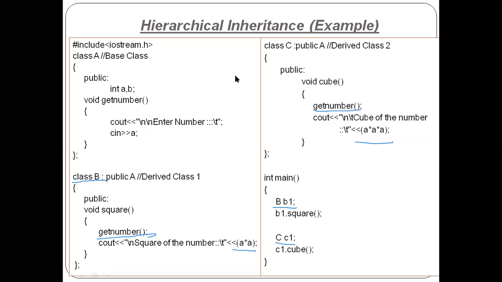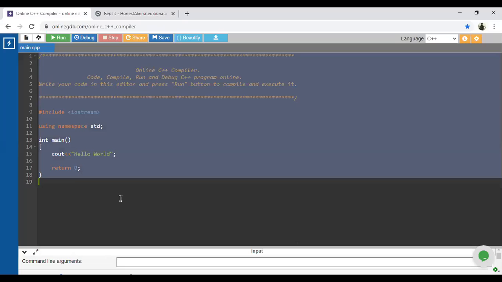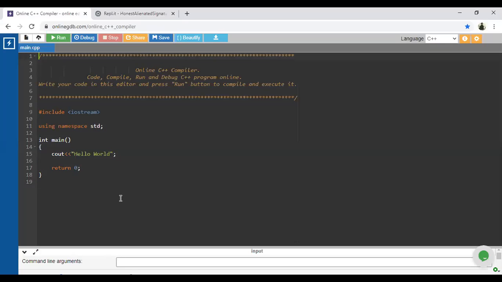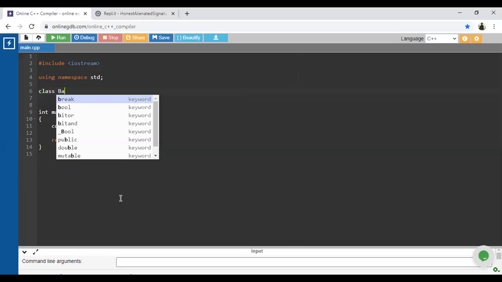So I will show you the actual implementation. First of all, I will write the blueprint. Which class are we going to consider? First of all, I will consider a base class.